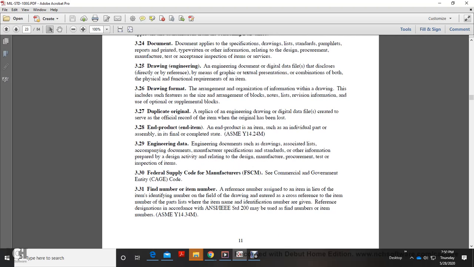identification number in the field of the drawing. Enter the cross-reference item number for the part, the item name, and the identification number to give the reference designation according to the ANSI IEEE standard 200. You may find the numbers of the item with the number of the ASME